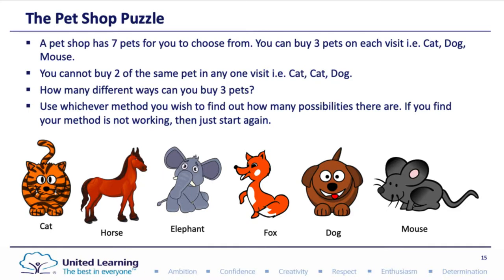So your low threshold is just writing groups of 3 animals, and then your high ceiling is those who can figure out that actually there's a way to work this out quickly once we know that there's always going to be 2 repeats in each group. So that's an idea. Those are all ideas of formative assessment ways that you can kind of do informal little